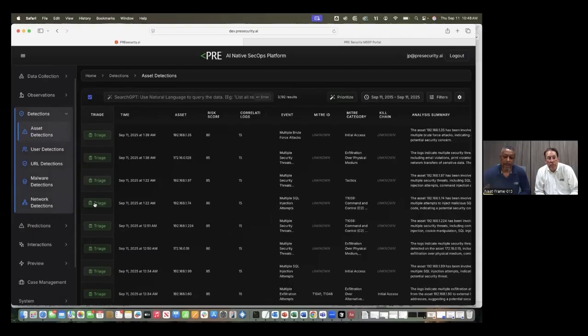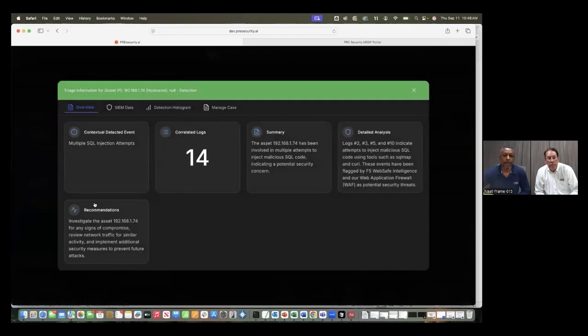Here's a case where I've got a log. I'm just going to click the triage button. And what happens here is the system will start to take logs that are related to a specific entity. Let's say that it's a server. In this case, I've got 15 logs that the server has seen over the last 24 hours. Our system will determine that, bring all of those logs together and correlate them and send all 15 logs to